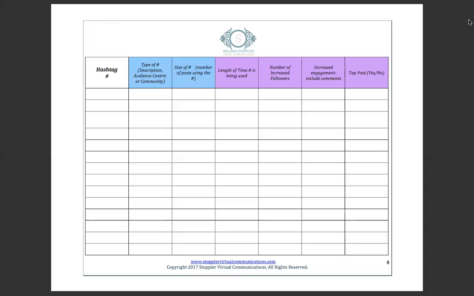So have a look at these 3 different factors and determine whether or not those hashtags are good for your business. It's not just the number of increased followers or engagements, it's also if you're getting into those top post positions. So the research will show, as you work through your hashtags, whether or not you're hitting the nail on the head and using hashtags that are working for your business.